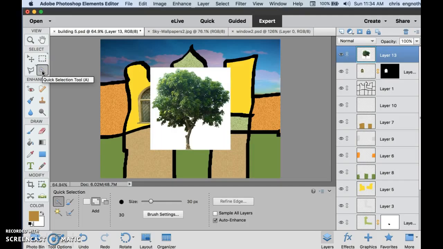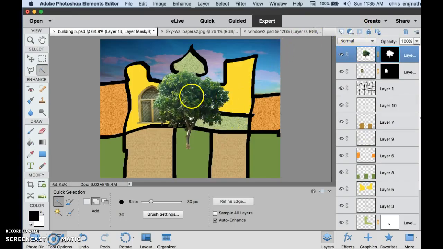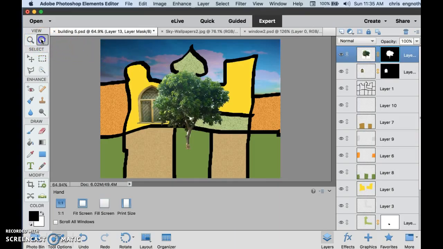Watch this. This is the quick select tool over here. This is going to have all kinds of algorithms and math and such in it that Photoshop has set up. So we have a brush with a crosshair in it. If I select this and drag it around in here, you'll notice that the marching ants are kind of getting stuck just to the edges of things that have color. What we can do now that we have that selected is come up here under our buddy, our layer mask tool. Watch this. Voila. It's not a magic tool. It's not going to get rid of all the white,